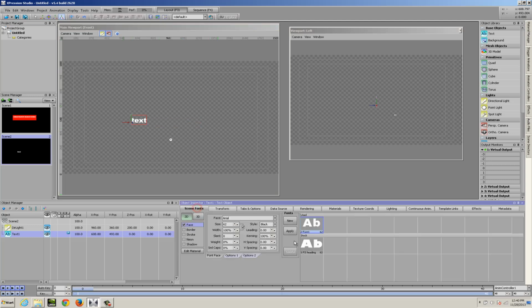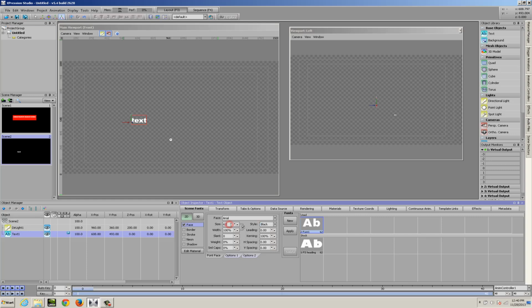Now, in the Scene Fonts tab, you have a whole host of attributes that affect this font style that you're working with. First off, you've got your font face, and in my font face options, I can change what face I'm using. So is it Arial? Is it Helvetica? Whatever it might be. I can change the style. So whatever styles are available within that font family will be available in this list. So if there's a black style, italic, narrow, bold italic, etc., you can make those selections from this list. So I have Arial Black selected.